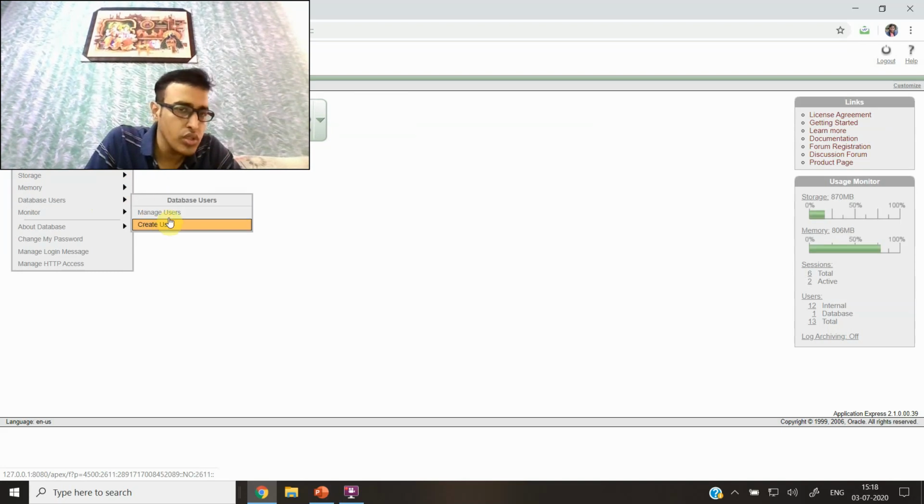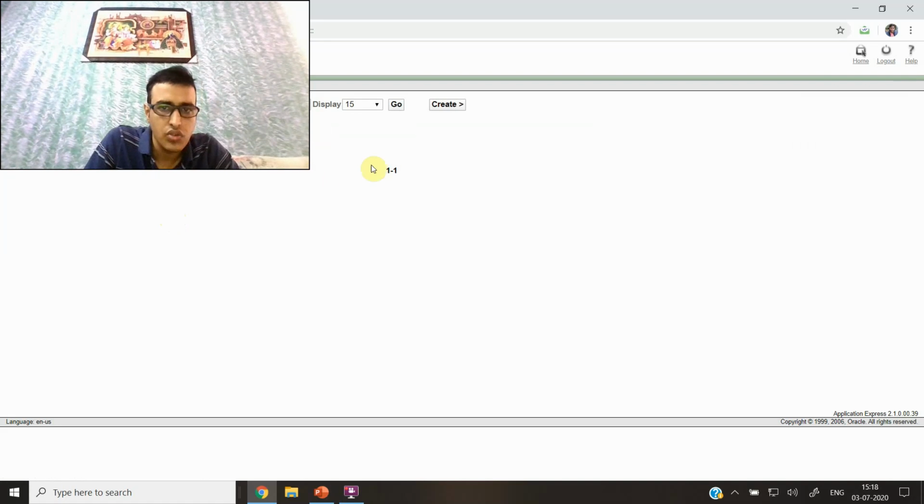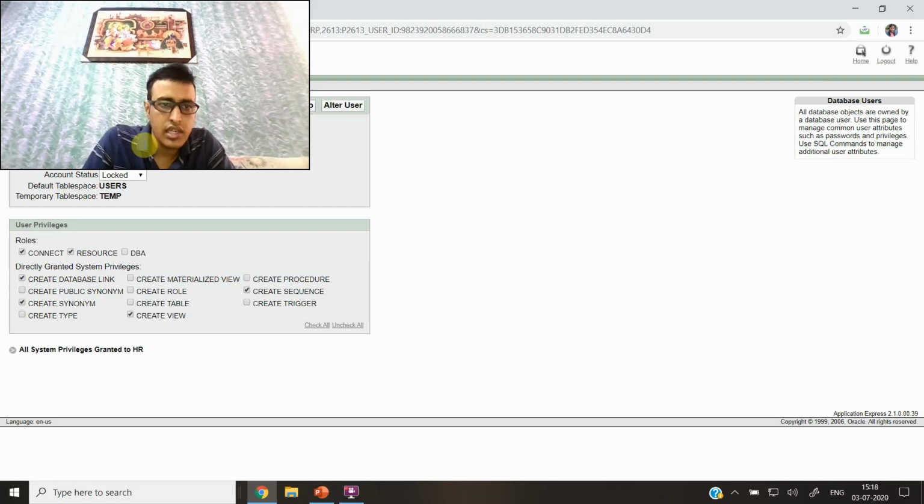You can create your own user, or you can manage some existing user. You can see there is only one user, that is HR, already given. So you can give some password. HR is your username, and the password you can give anything. It is locked, so you unlock it, because if the user is locked, then you cannot use it.